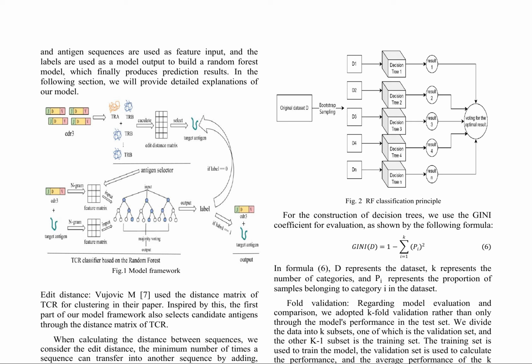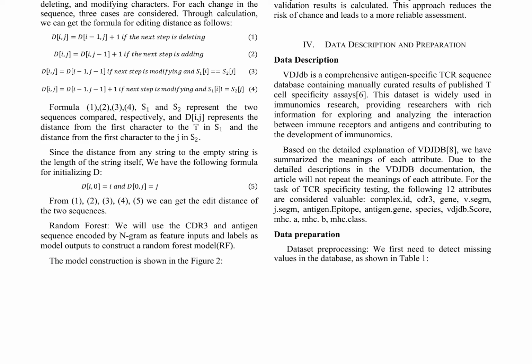The random forest model is constructed using CDR3 and antigen sequences encoded by n-grams as feature inputs and labels as model outputs. The authors provide a diagram illustrating the construction of the random forest model. The Gini coefficient is used to evaluate the decision trees, measuring the impurity of the dataset. For model evaluation, k-fold validation is adopted, dividing the data into k subsets, one for validation and the others for